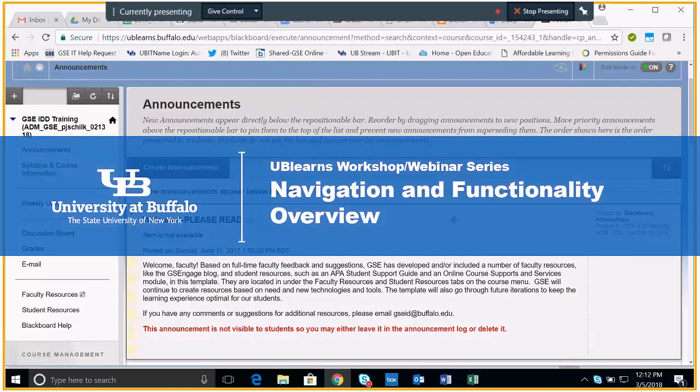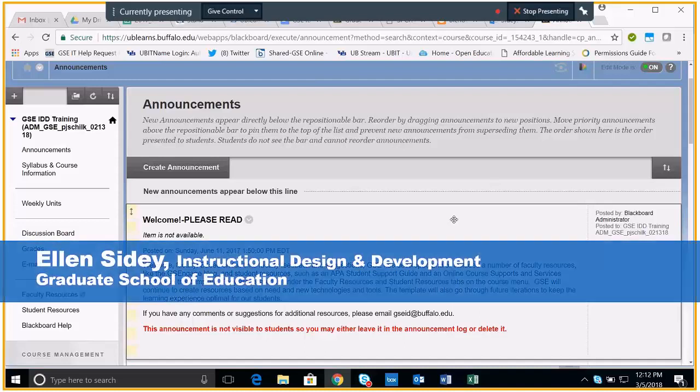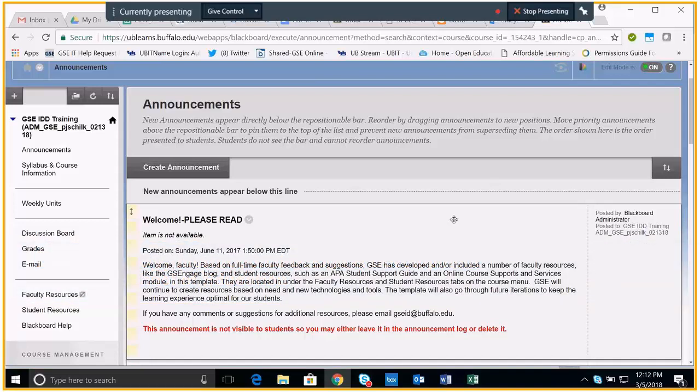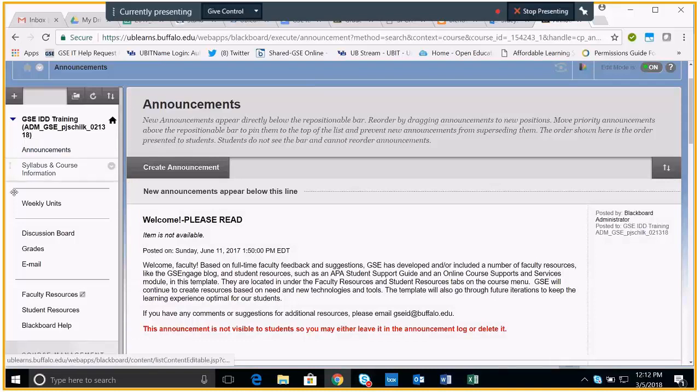Okay, today we are going to go over navigation and functionality in UBlearns, otherwise known as Blackboard. So this is kind of like a UBlearns 101 intro for people who maybe are not completely familiar with the setup of UBlearns. So right now I'm sharing my screen, and this is actually the GSE template for online